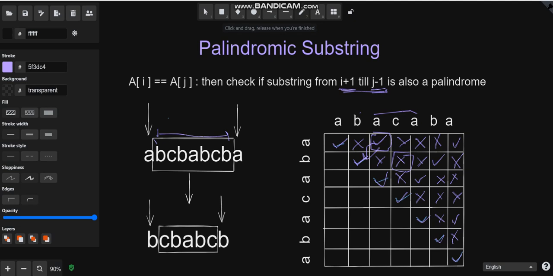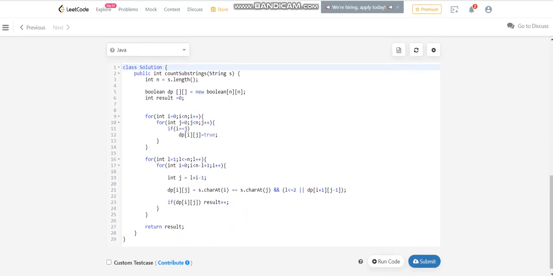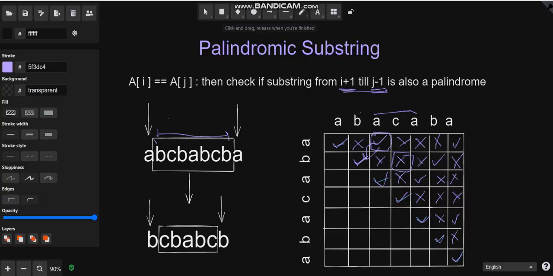Okay. So I hope you guys are able to understand this. I'll quickly move on to the code part, so then you will be in a better position to understand what I explained. This is the code where the first thing I'm doing is creating a DP 2D array, and this is the initialization which I'm doing for all the substrings of length 1. So basically all the diagonal I'm saying is true. It is the same part which we have done here. Okay. So all this is true.